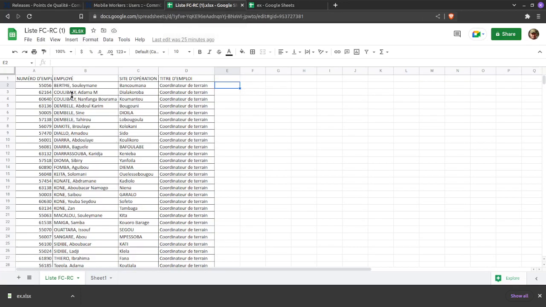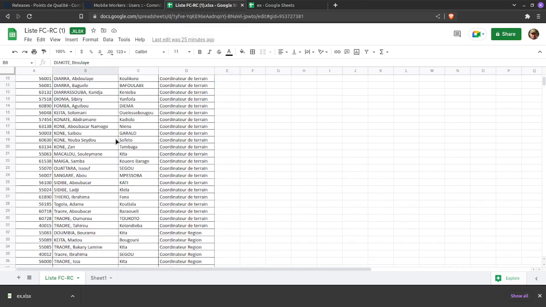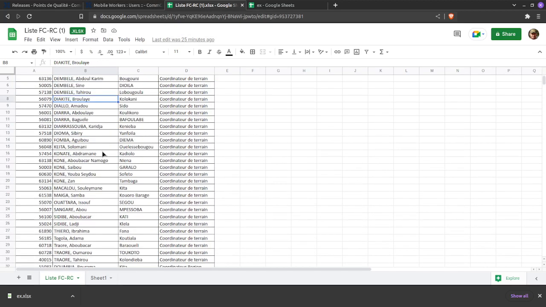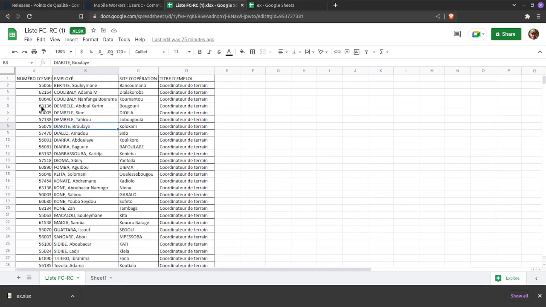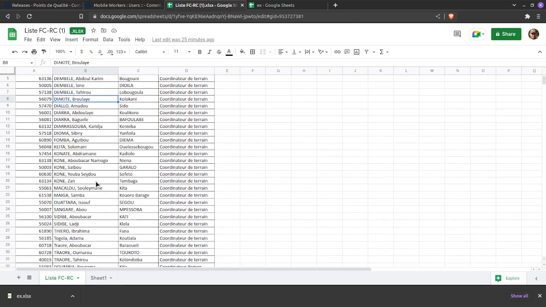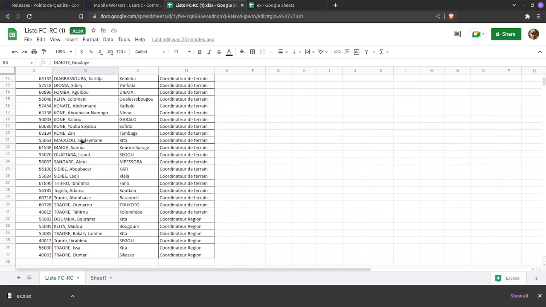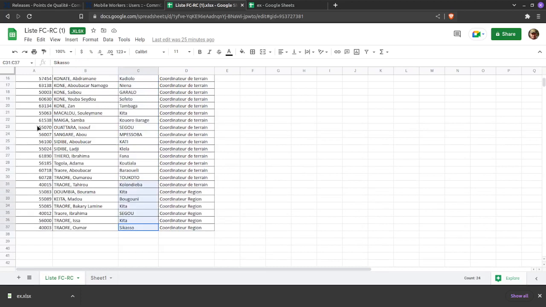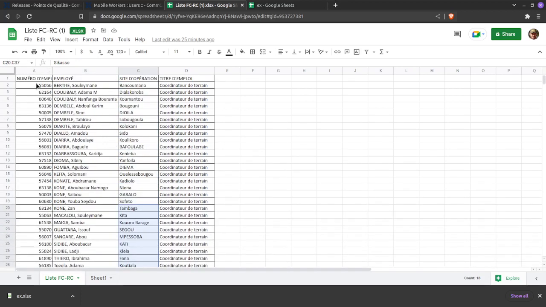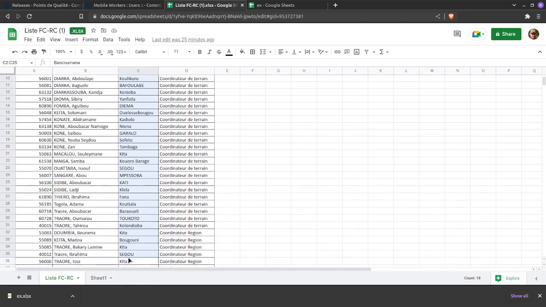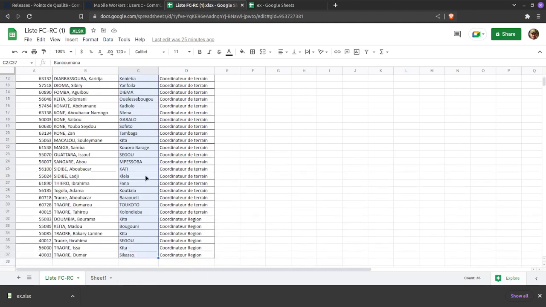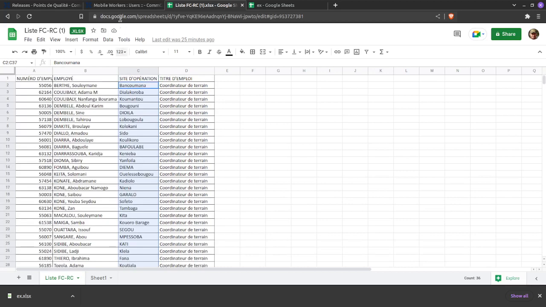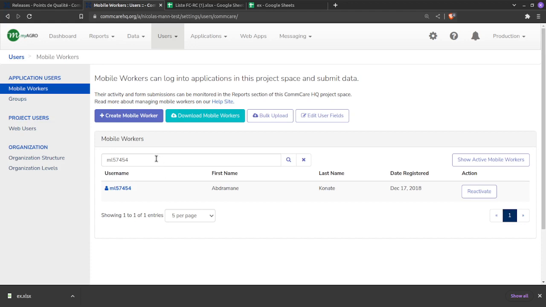But anyway, maybe there's some people on here that are new, or they're new to their zone and they don't currently have the right location set. That's a possibility. So one way to rectify that could be to, first of all, make sure that everybody here has a username, and then I would want to assign them to the right zone. So you could manually go through and find each one of them in this mobile worker interface, but maybe